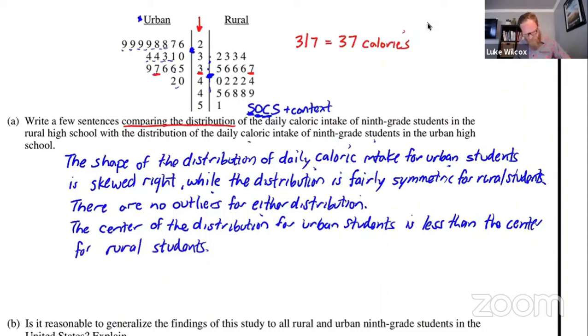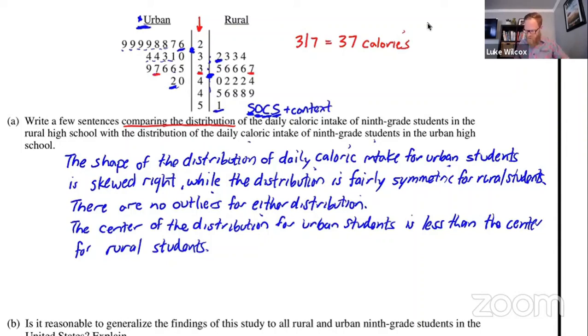So that takes care of the center, and the last thing we need to take care of is the spread, which we could measure with, say, the range or the IQR or the standard deviation, but once again, we don't have to calculate specific values. And so let's just look in general at the spread. For urban, the lowest value we have is 26, the highest value is 42. For rural, the lowest value is 32 up to 51. So those are fairly close there. But I think that urban has a little bit less variability there if you were to just compare their ranges,